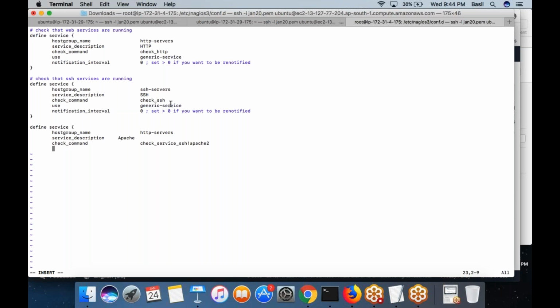Yeah, let it be. So that's all. So as you can see, I am defining this particular service for HTTP service. Whichever machine part of this HTTP service group will have this particular service being checked, the Apache service. So save this file.